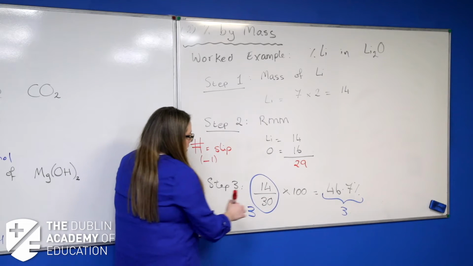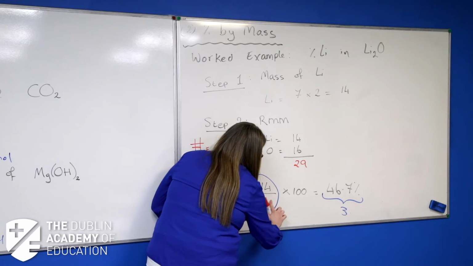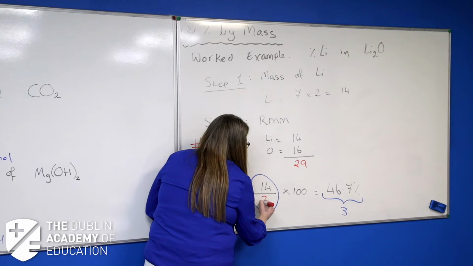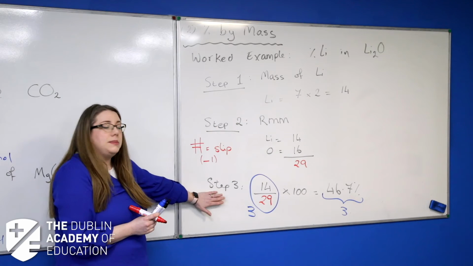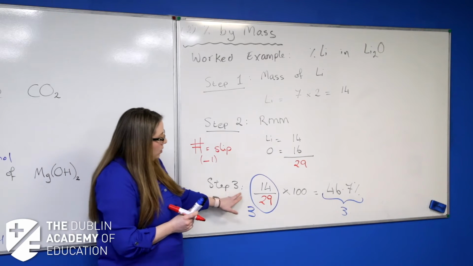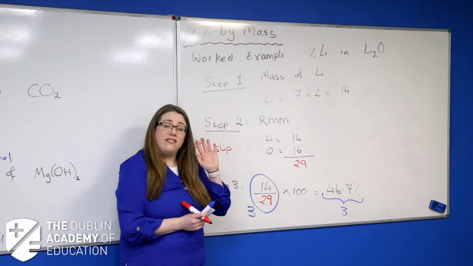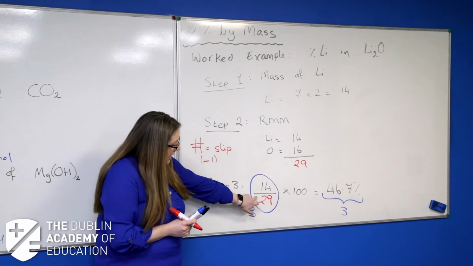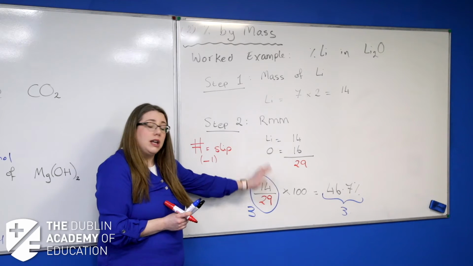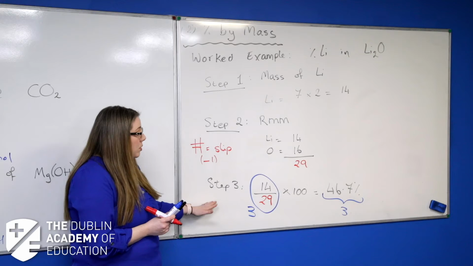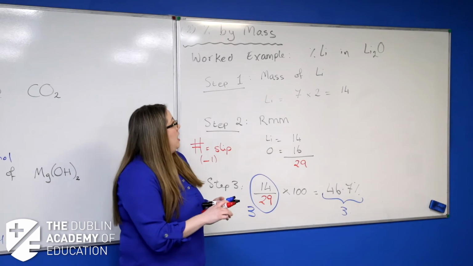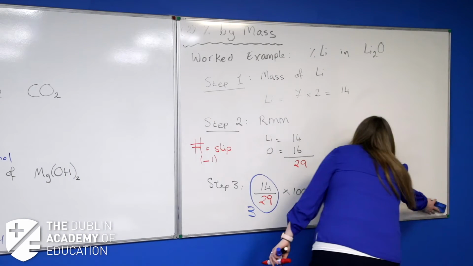So instead, you would have 29 here. When your examiner comes to look at this, you won't get 6 marks, but you're going to get 5, because that slip will cost you just 1. It's not going to cost you all 3, so please show your workings. It's really important for this. Right, let's do another one.